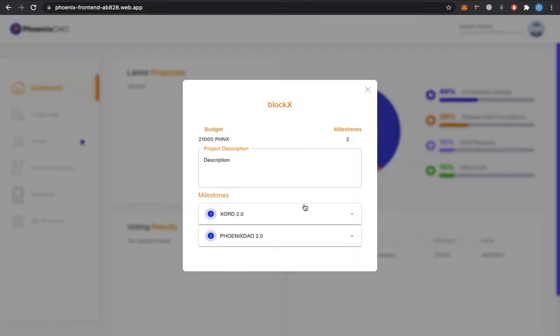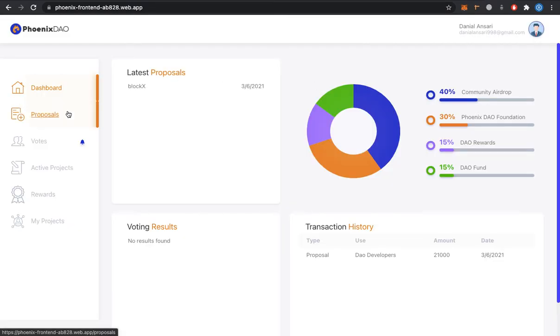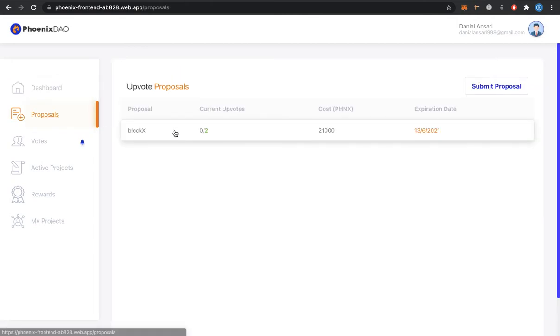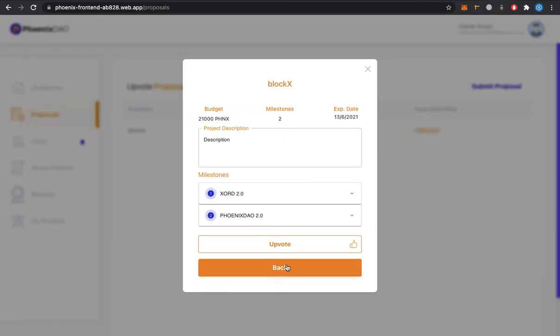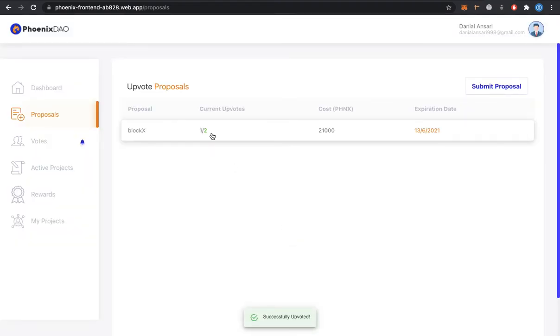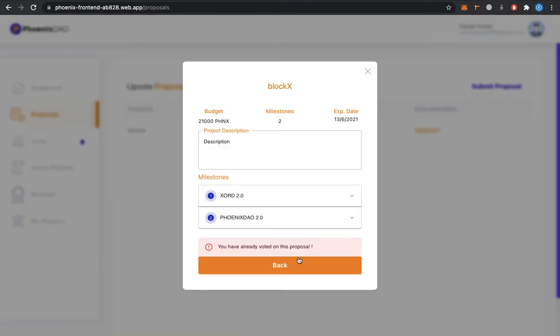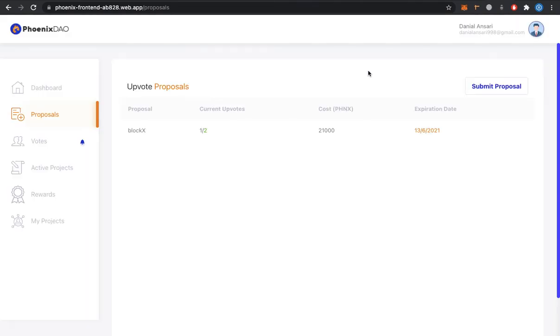So the proposal will be accepted by the community and we have to wait for the confirmation. Okay, and once it's accepted, it will appear in the proposals. So if I move here, we can see that our proposal has been accepted. Now I need two upvotes on this proposal. Okay, it's 0 of 2. If I upvote here, I will have one upvote, but I have to wait for the second. So I have my partner here and he will upvote my proposal, and let's just wait for the second upvote.